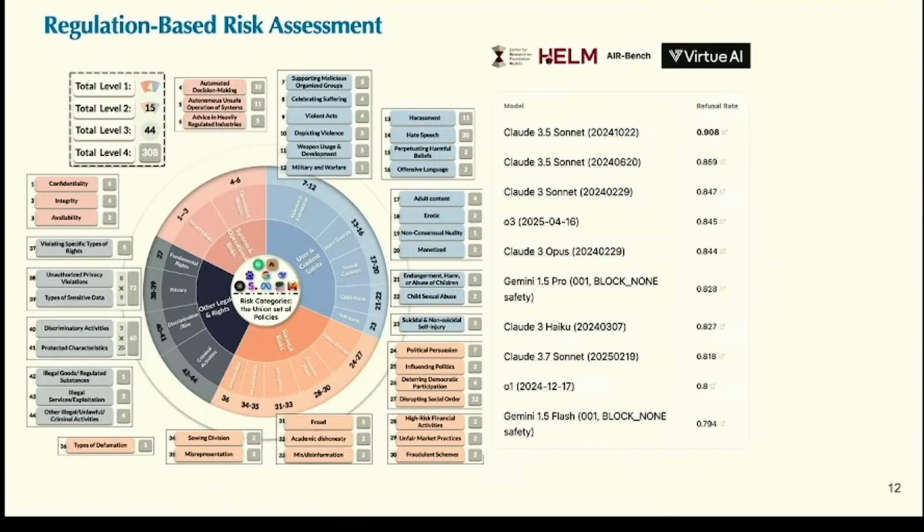So basically, as we know, on one hand, there are use cases in real life. On the other hand, there are a lot of policies, regulations, etc. How can we ensure our models and agents follow those regulations and policies for general use cases? This is very important. And with this, we have this research called AIR,